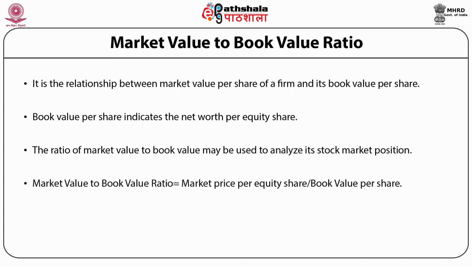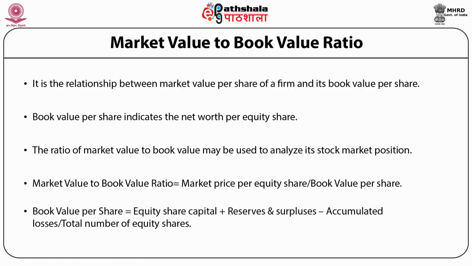Market value to book value ratio can be calculated by dividing market price per equity share by book value per share. Book value per share includes equity share capital plus reserves and surpluses minus accumulated losses, divided by total number of